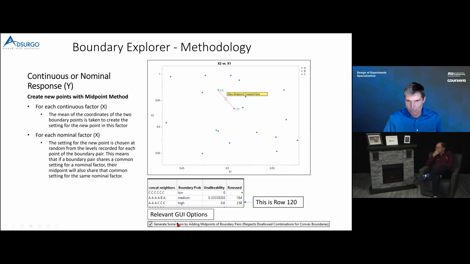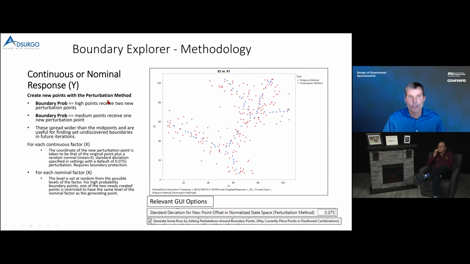You can check to say, do you want to do the midpoint? And as it turns out, we find the midpoint is enormously the best method for finding that boundary. But we also have another method. Once I find the particular boundary points that are high or medium, I'm going to put a random normal, like jittering. I'm going to take that point and generate a new point close to it, not on it, but close to it, from a random normal